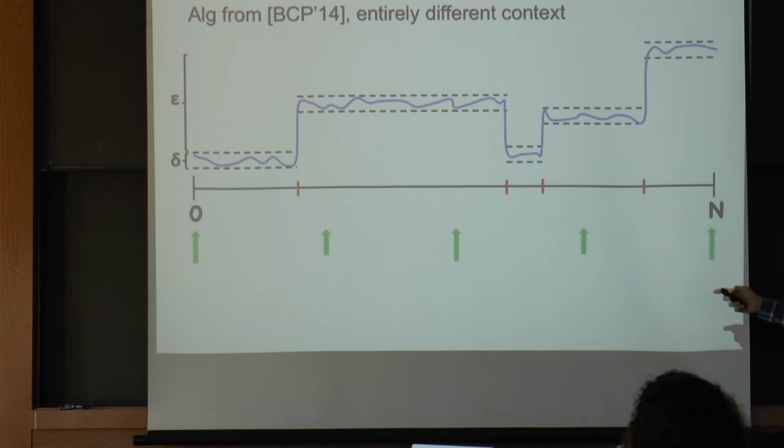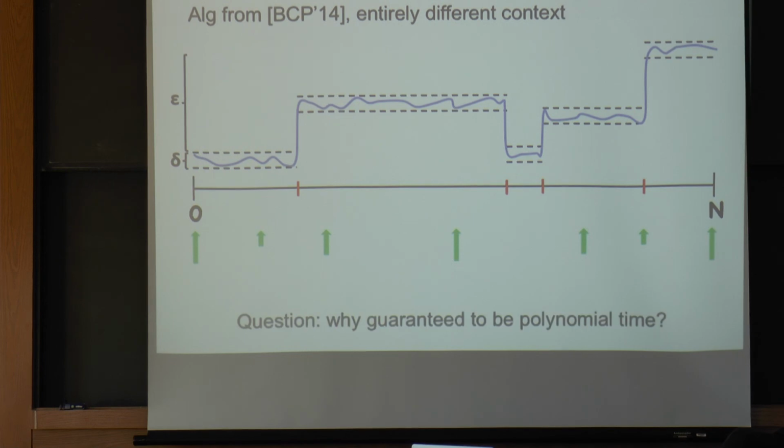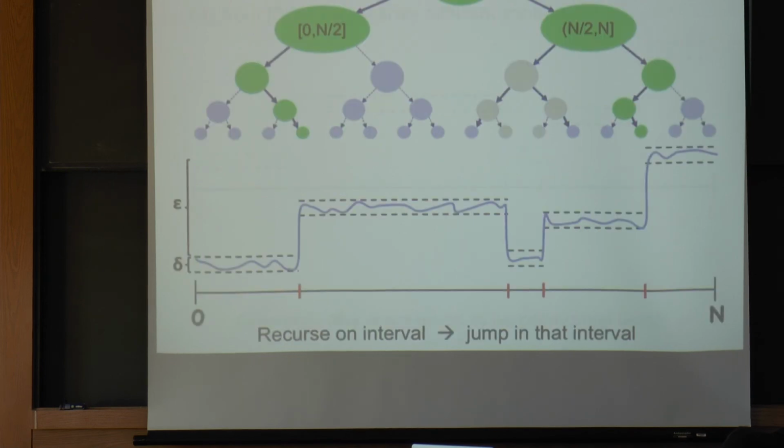Yeah, so in this example, we see that there's a gap on both sides, so now we recurse on both intervals. Now say we're on the left here, we see there's only a gap on this side, so we're just going to recurse over here. And on this one, I'm going to assume these are too close. We don't detect a gap here, but we detect a gap here. And so we recurse on this interval and this interval, and then we just keep going. So why is this guaranteed to be polynomial time? It's actually not immediately obvious, but once you see this picture, I hope it becomes more clear.